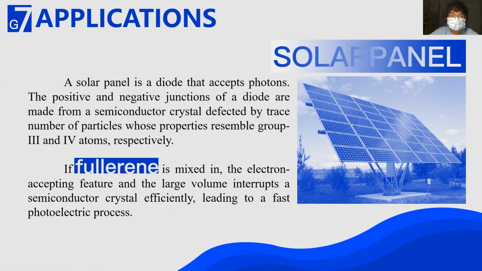The next application is in terms of the solar panel. As we know, the solar panel is just a diode that accepts photons. The positive and negative junctions of diodes are made from a semiconductor crystal doped with a trace number of particles. For example, sulfur atoms can be added into